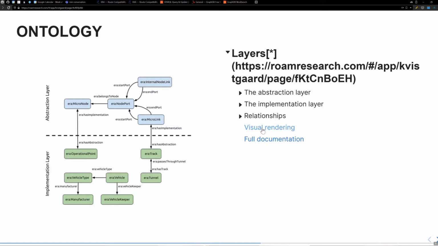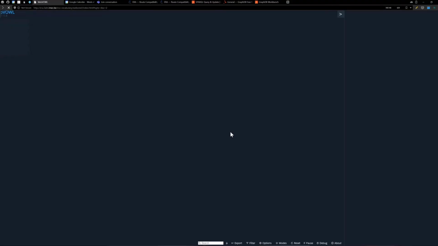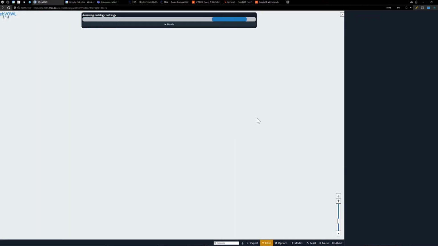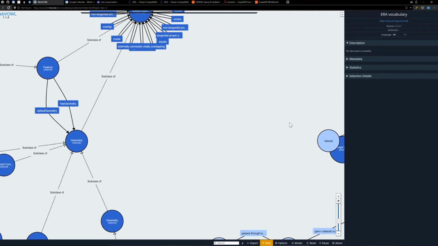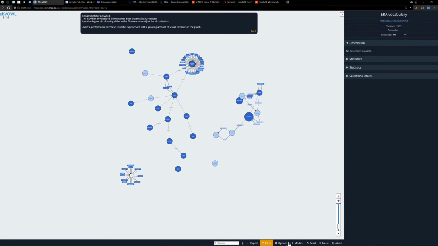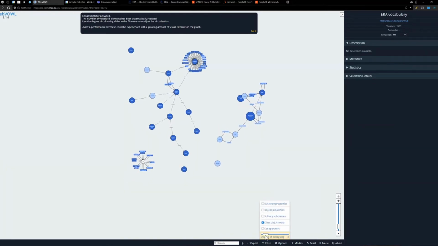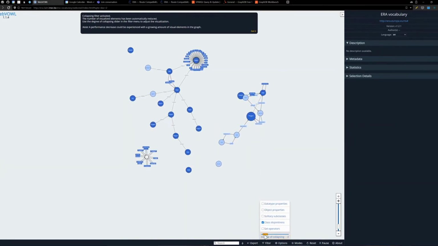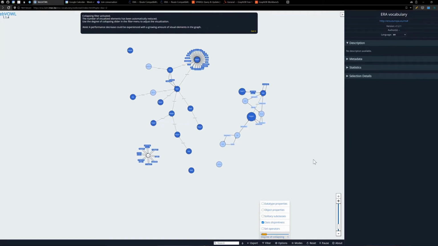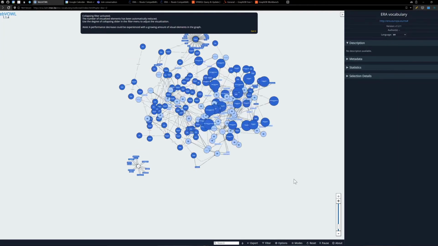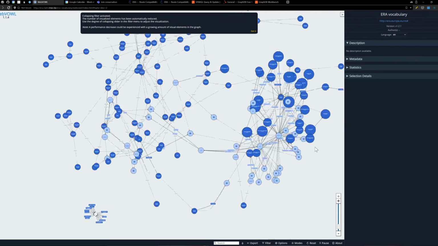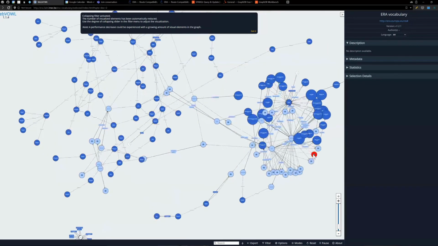Maybe to show you how it looks. You can go, everything is open, you can play with it yourself. So this is the ontology. That's a bit cheating because it doesn't show all the details. But even when you show all the details, like I'm doing now, still it is much simpler than the combination